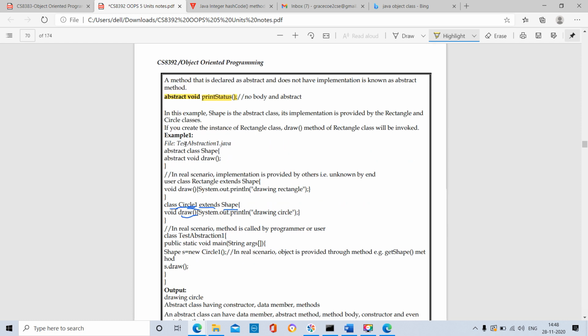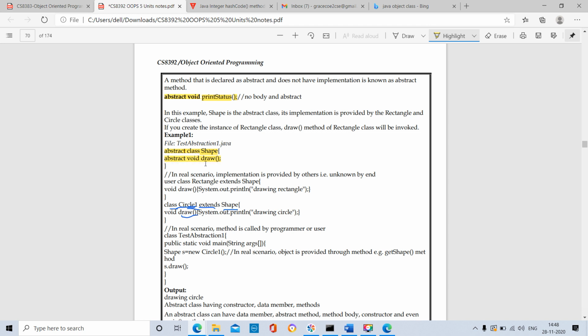In this example, abstract is the keyword. Our class name is shape. This is where we define the class shape. Within the open curly brace, we are defining the abstract void draw method.